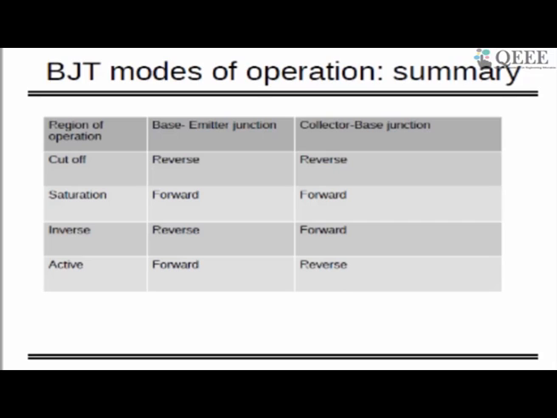And we know how these junctions are formed, reverse or forward, depending on the voltage you are connecting. And the most important part for our course is the active mode of operation, where we keep the base to emitter junction forward biased and the collector to base junction reverse biased. By doing this, you get a very high current from the collector side, and it's decided by the beta factor, which depends on how heavily you dope the N plus region.